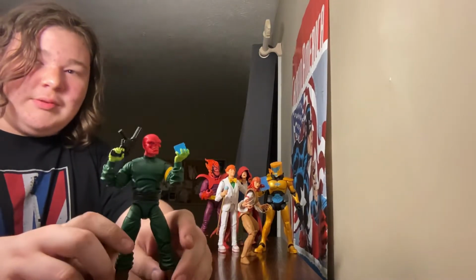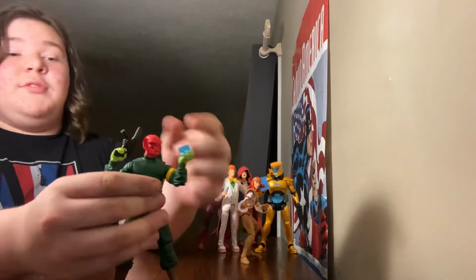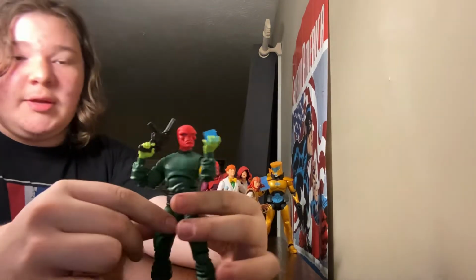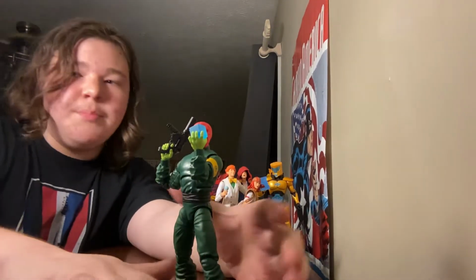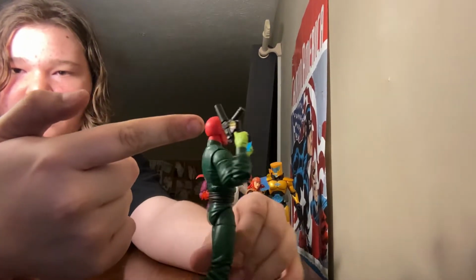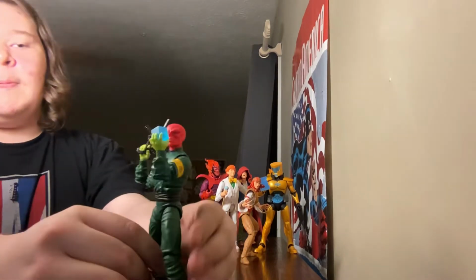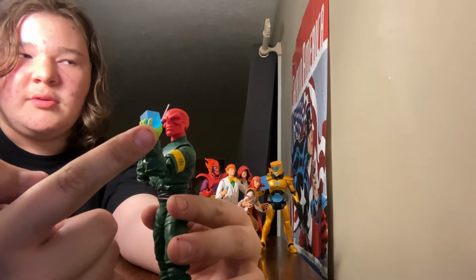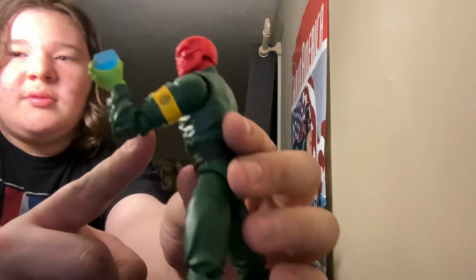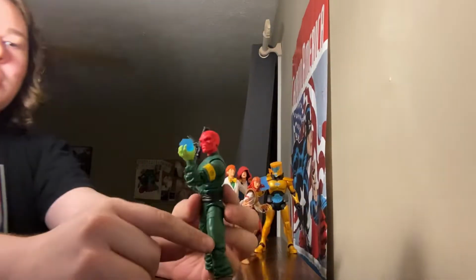Next, Red Skull. Now this is the buck that Dormammu is based on. From what I can tell, he has all the joints and everything. So, first off, let's get accessories out of the way. Accessory-wise, he, I think, has the most out of the entire wave. There's his gun, which has a great little Hydra insignia. He has the Tesseract. I want to say that's correct. I don't know. He has a ribbon on his arm that has the Hydra logo, which isn't an accessory, but